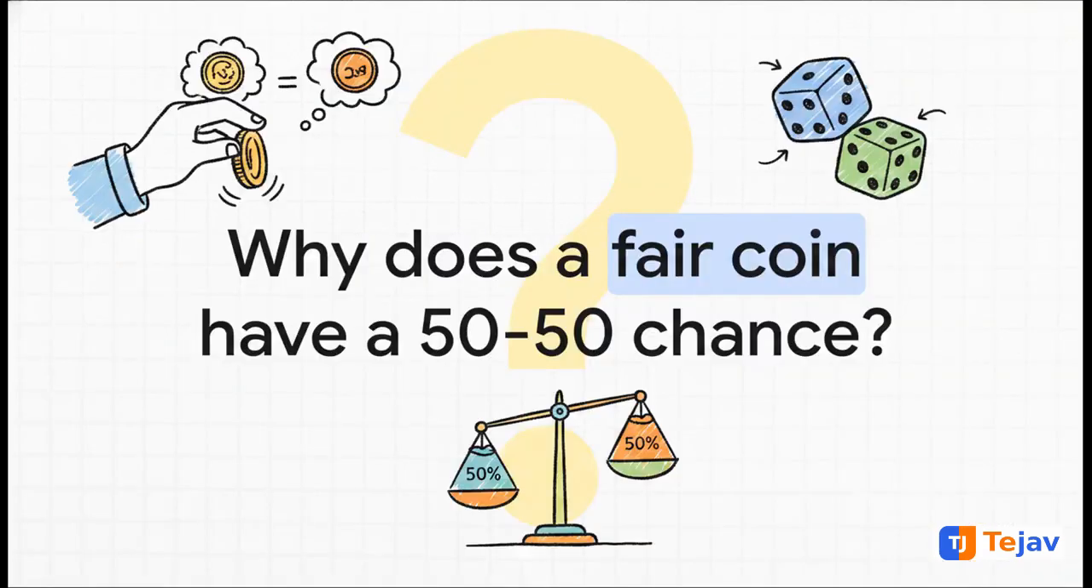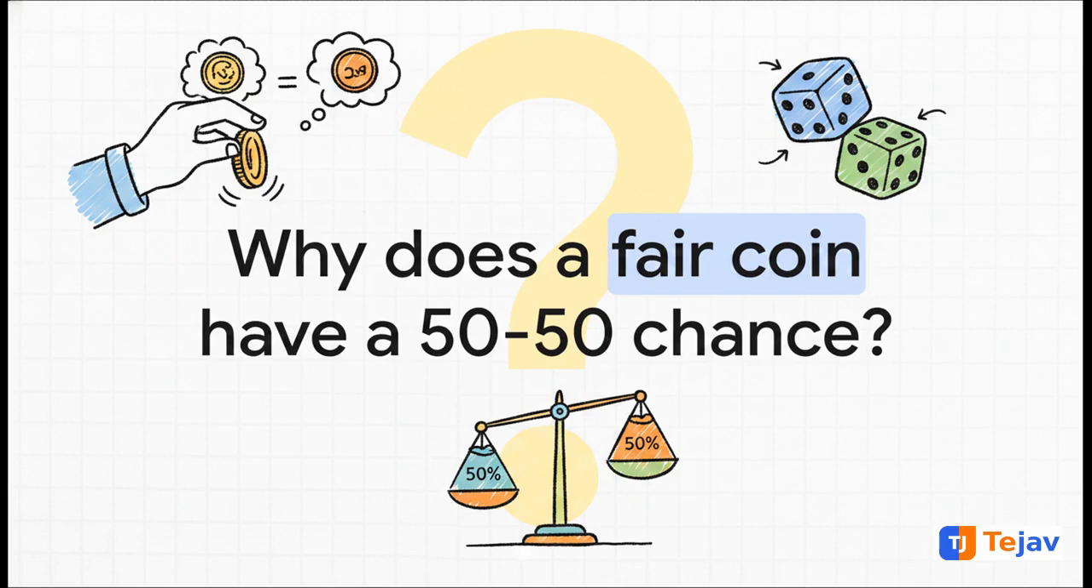So think about this. Have you ever wondered why a fair coin gives a 50-50 chance? Or why every single number on a fair die has an equal probability of showing up? It's something we just kind of take for granted, right? Like when we toss a coin to see who bats first in cricket. But today, we are going to master the actual mathematics behind this, equally likely outcomes, in the easiest and most